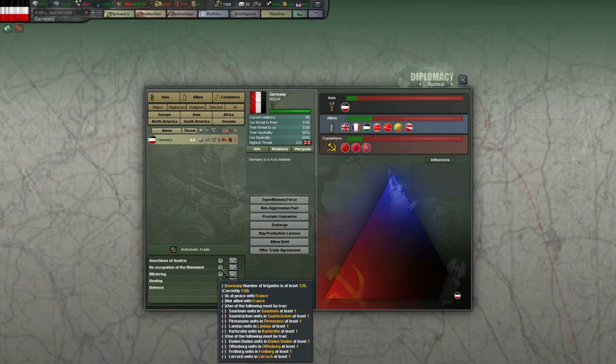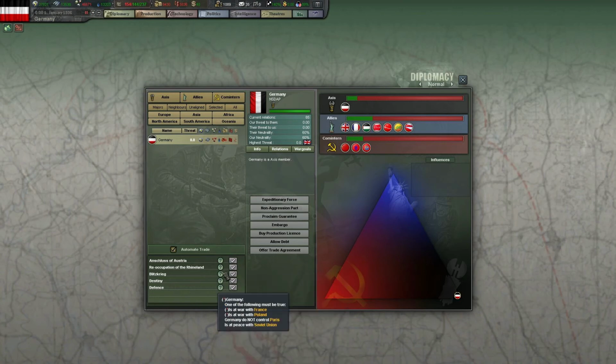So, number of brigades currently 220. We're at peace with France. We're not allied with France. And you can see that Karlust is in... Okay, so I need some of these...